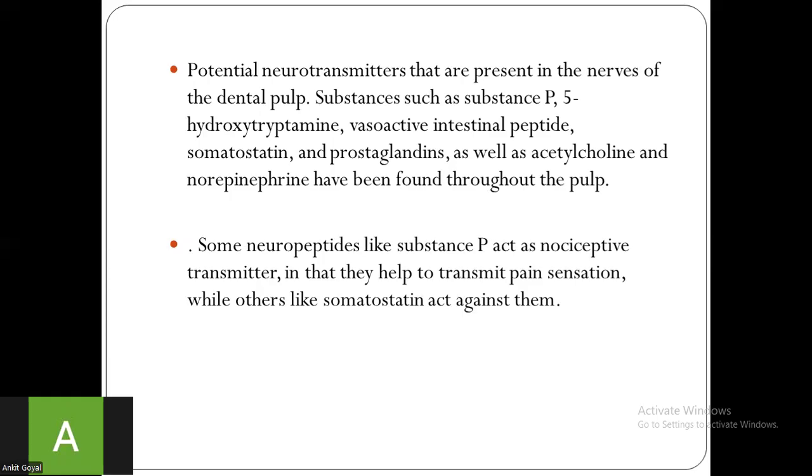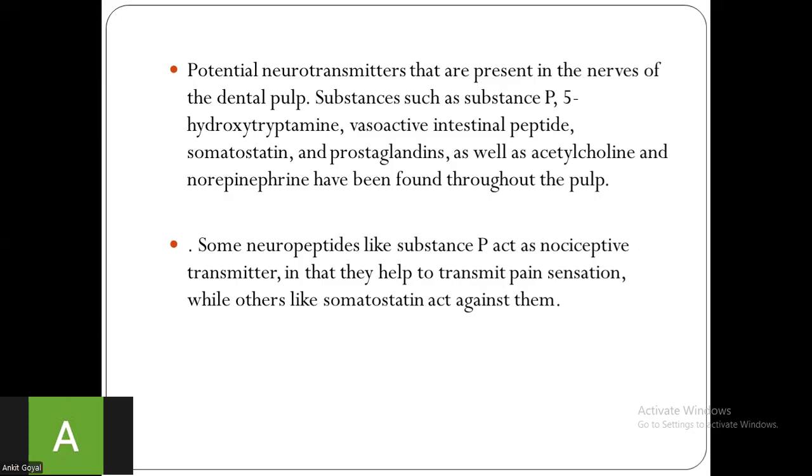Potential neurotransmitters present in the nerves of the dental pulp, such as substance P, serotonin, vasoactive intestinal peptide VIP, somatostatin, and prostaglandin, as well as acetylcholine and norepinephrine, have been found throughout the pulp. Some neuropeptides like substance P act as nociceptive transmitters. It helps to transmit the pain sensation, while others like somatostatin